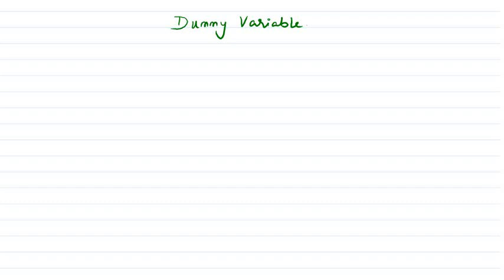Bismillahirrahmanirrahim. Students, continuing with the previous topic that we left in the previous week, that was the concept of dummy variable. Basically, the dummy variable is a symbol that is used to represent the index of a summation, and it can be replaced by any other symbol. So, the index of a summation is basically called a dummy variable.